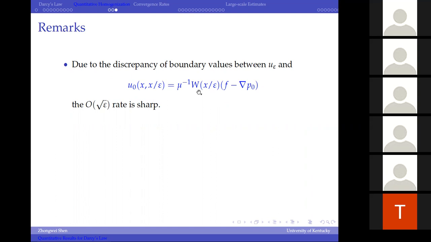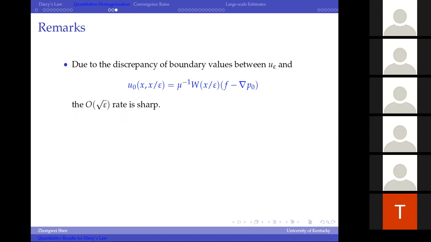So this function, W of x over epsilon, is actually oscillating near the boundary of omega. And this oscillation generates a boundary layer of thickness epsilon, and that automatically accounts for the square root of epsilon